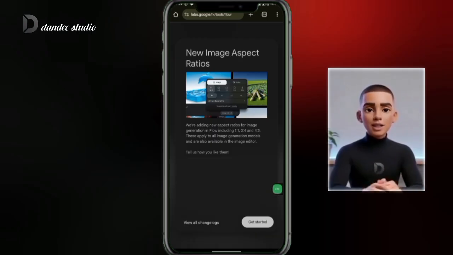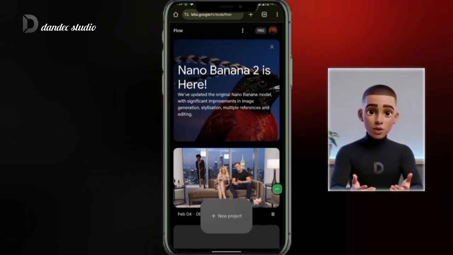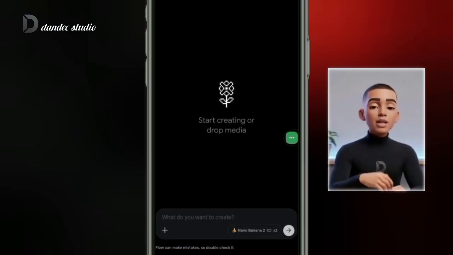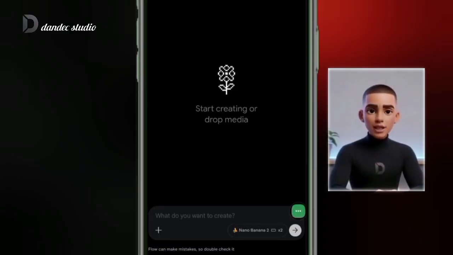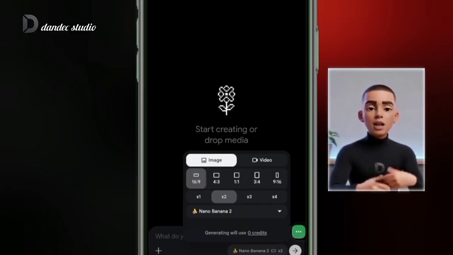When you click on get started, because this is their new updates, then you need to click on new project. I usually like to start a new project whenever I am generating a new video. So once I'm done with that, just come down here that says Nano Banana, click on it and then change